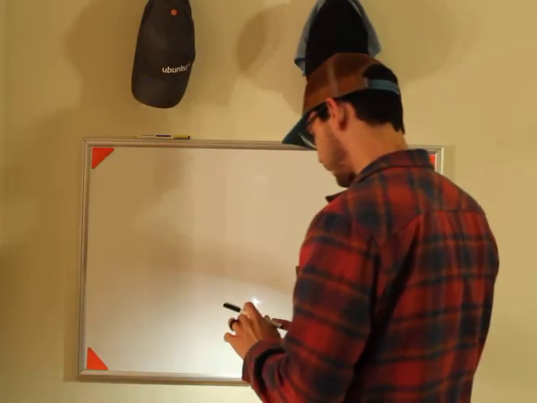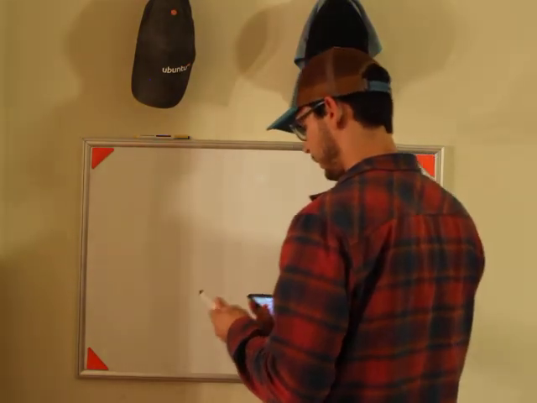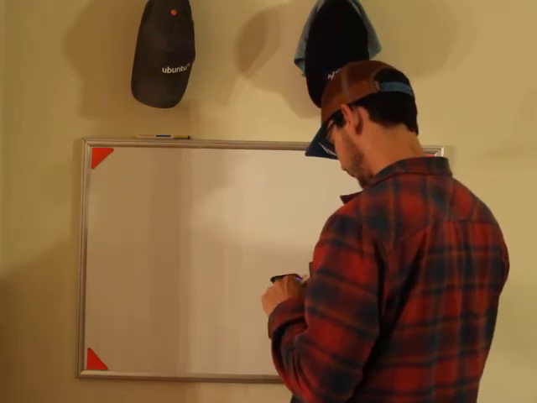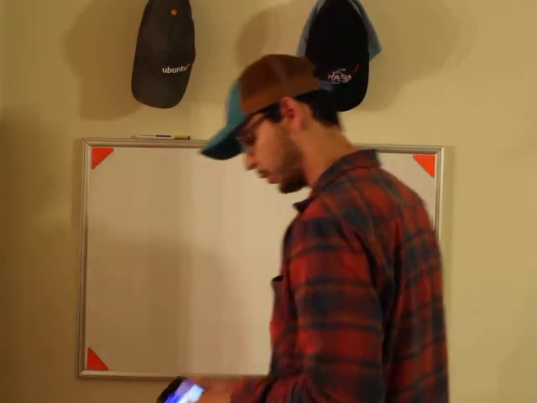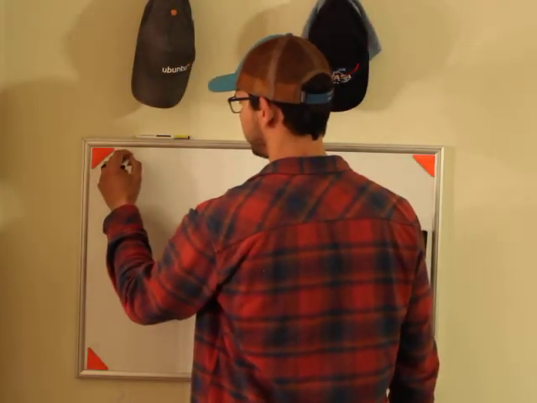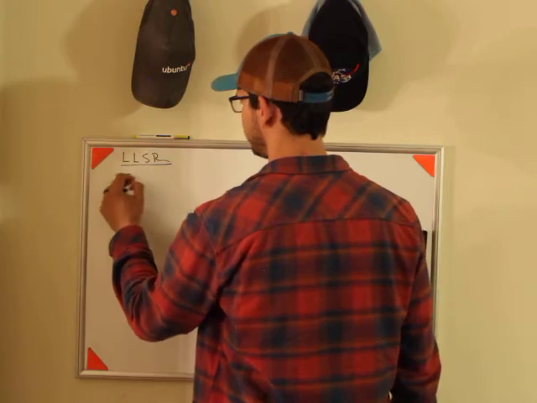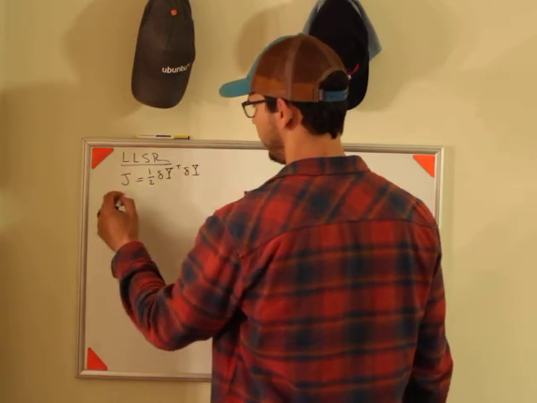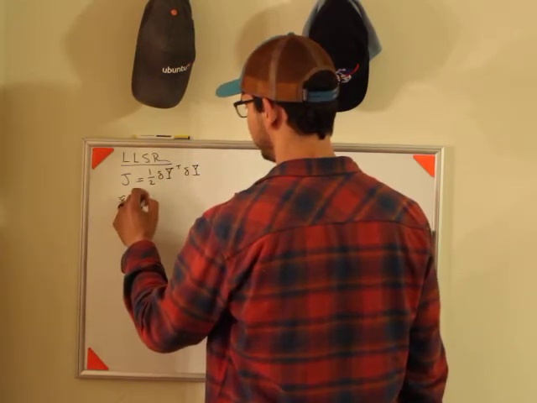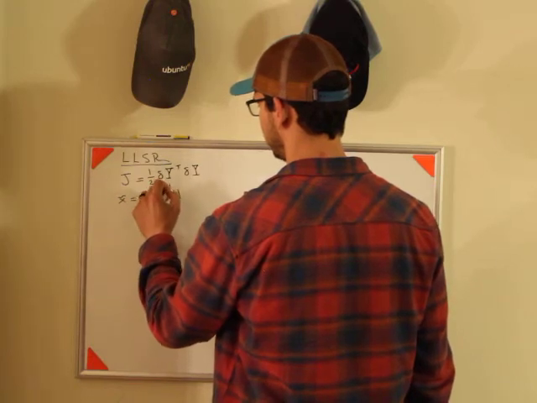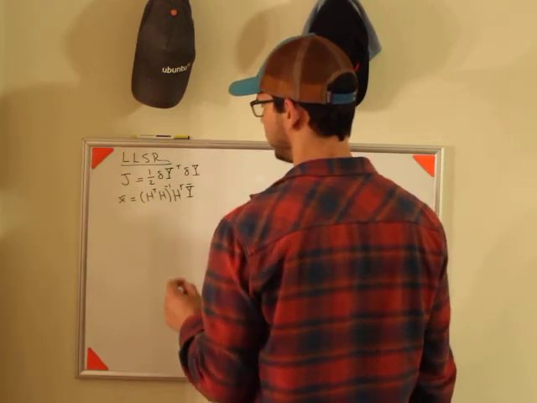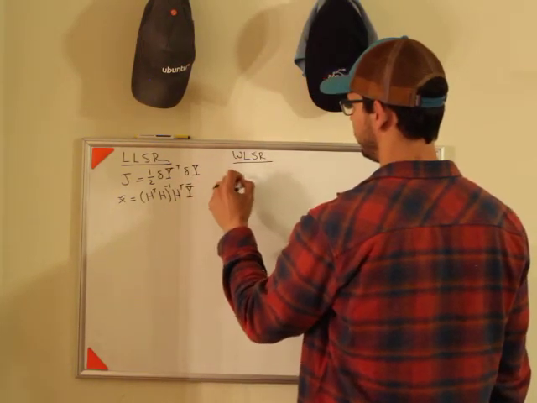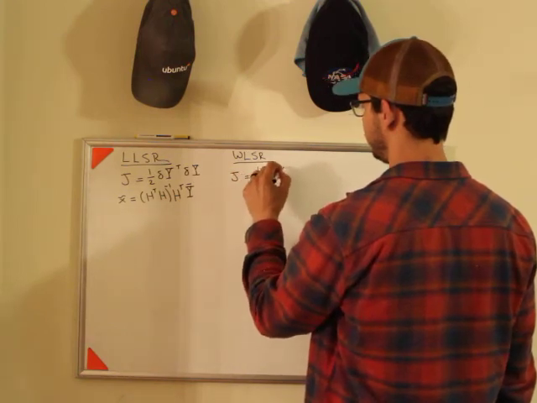Okay, so weighted least squares regression goes like this. The idea is that instead of saying that your cost function is equal to, for the linear least squares regression, you assume that J was 1/2 delta y transpose delta y, and then your optimal solution was h transpose h inverse h transpose y bar. Okay? In weighted least squares regression, what you do is you use a cost function 1/2 delta y, same thing,